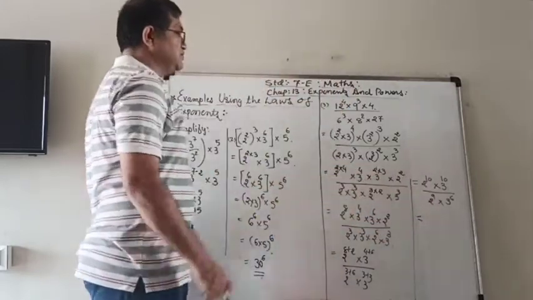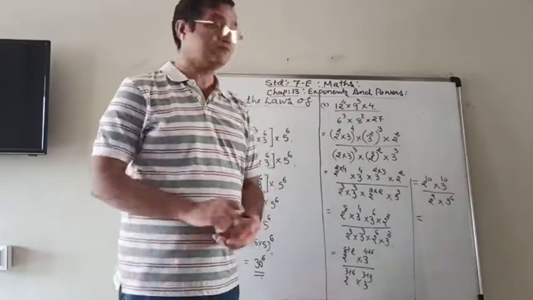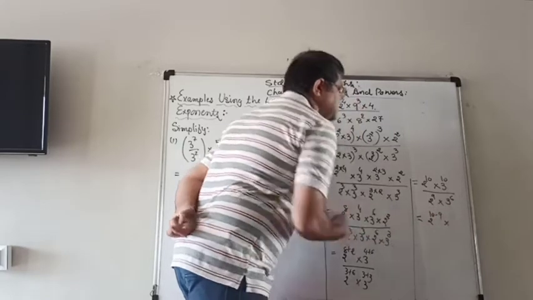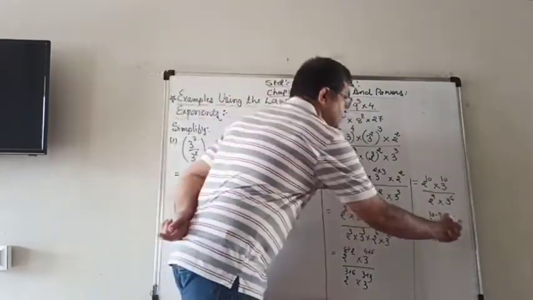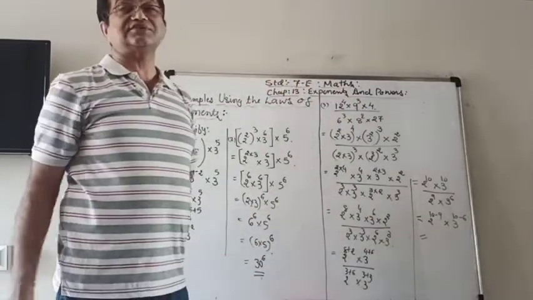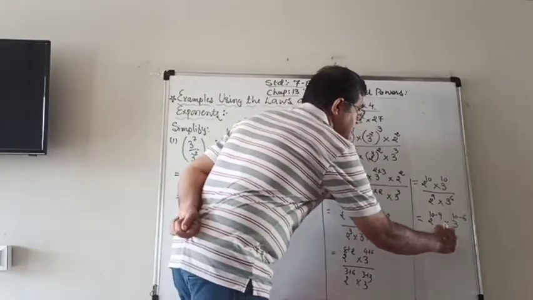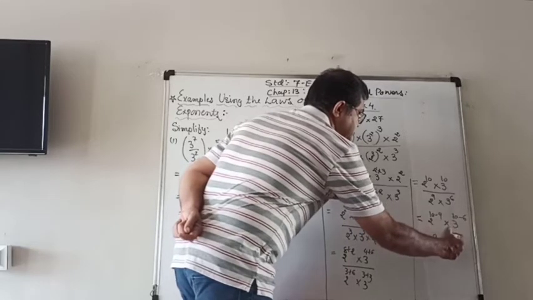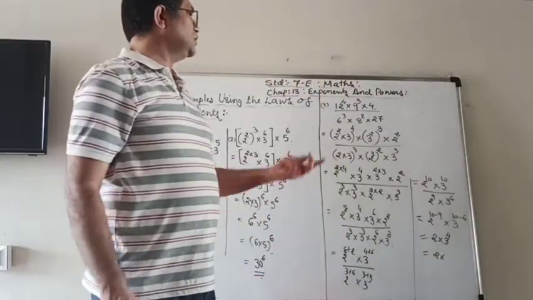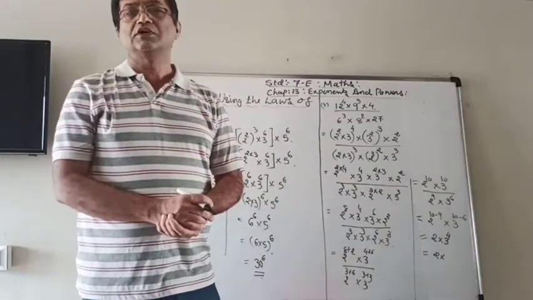Now we know that division means subtraction. So same base, so 2 raised to 10 minus 9. And also 3 raised to 10 minus 6. So now 10 minus 9 is 1, so 2. 3 raised to 10 minus 6 is 4. So 2 multiply by 3 raised to 4. Now if it is only simplify, you can stop here also, otherwise if it is small number, you can multiply also.